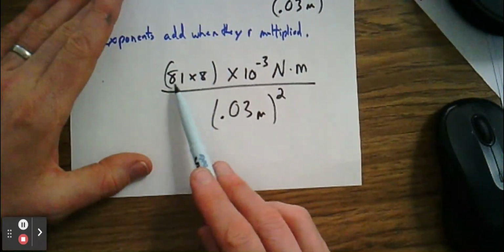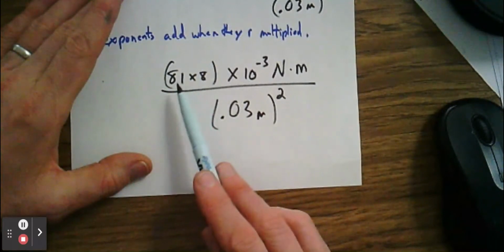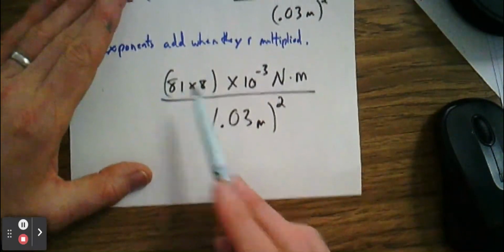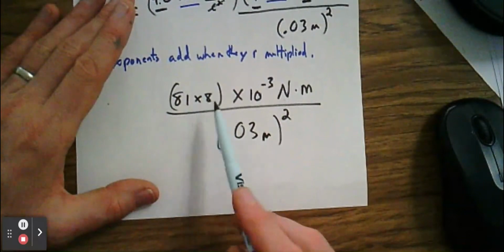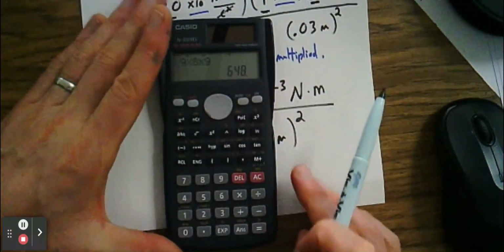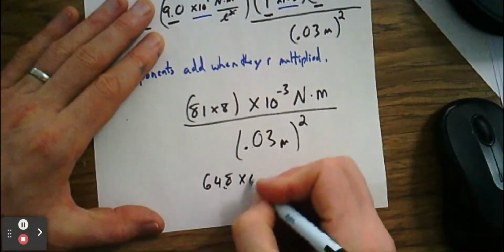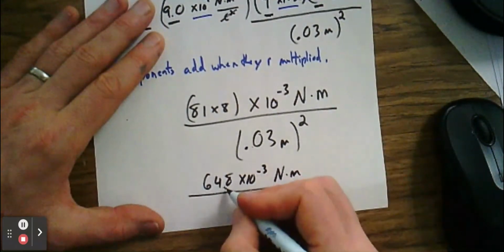So 8 times 80 is 640 plus 8. No, that's right, 648. Let's check that on a calculator. 9 times 8 times 9, 648. So 648 times 10 to the negative third newton meters